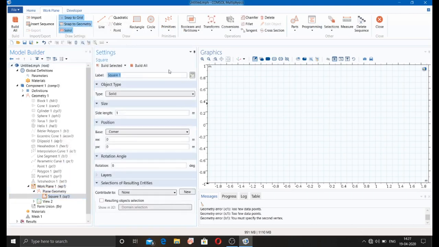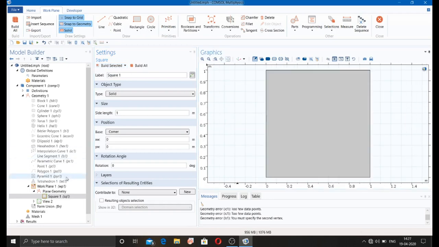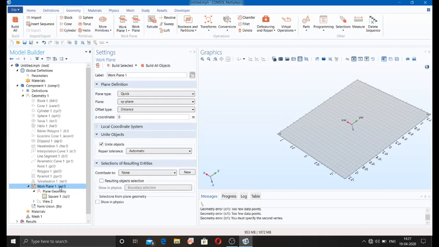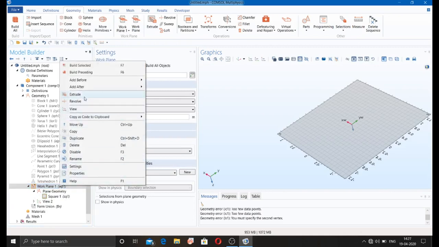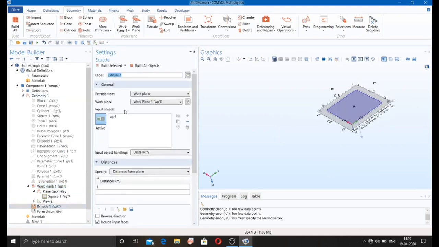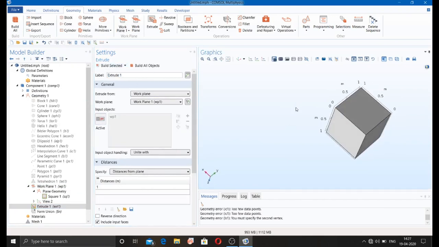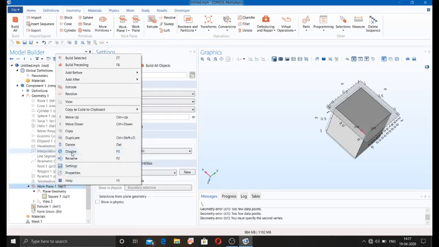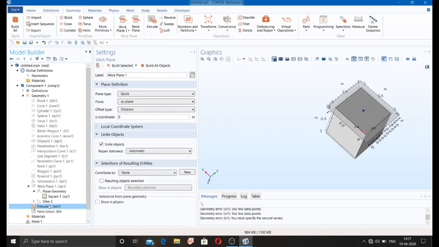Now I make the square, like this, and I came to the work plane, and from here I can extrude it to a certain distance or thickness, so it will become the cuboid. Like this you can also draw 3D geometry by work plane. For now I'm just disabling this.